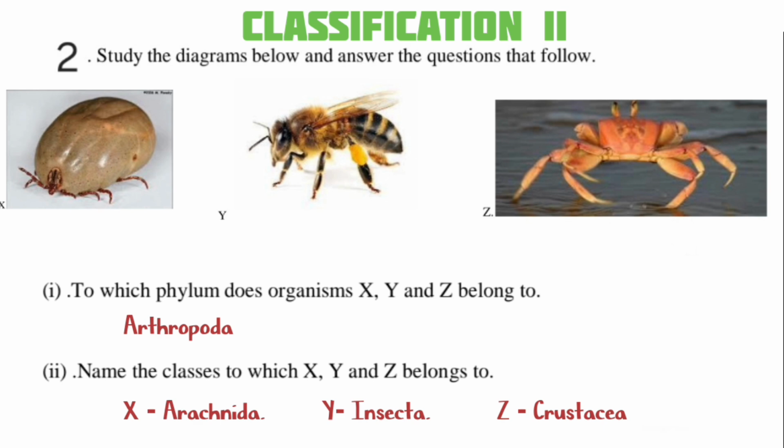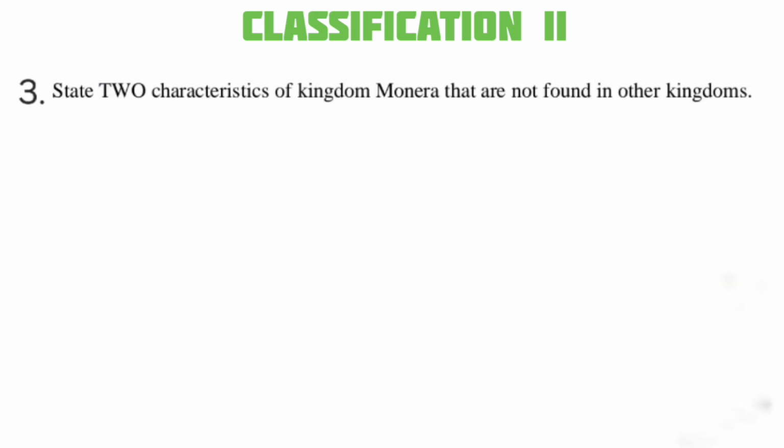Okay, let's go to the last organism, which is the crab. It belongs to class Crustacea. These are characterized by having 2 pairs of antennae, and they typically have 5 or more pairs of legs. That was an easy question, by the way. Interesting too. Okay, we are moving on to